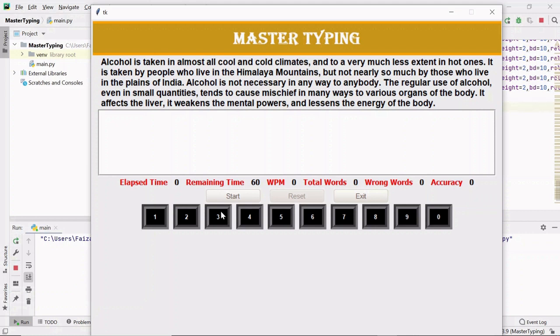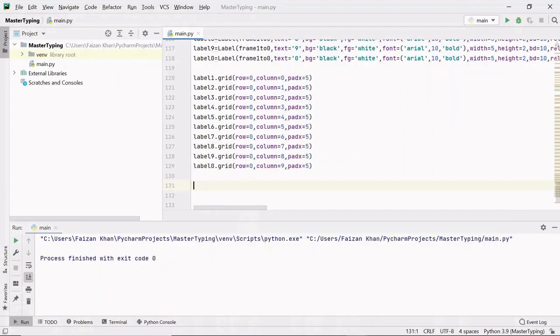In the same way we will be creating our second row. Firstly a frame Q to P, and after that we will be adding the keys inside that frame in the form of a label. So creating frame_q_to_p, and we'll be using the Frame class to create this frame, and this frame will be in my keyboard frame.